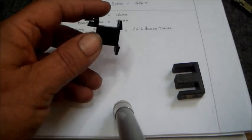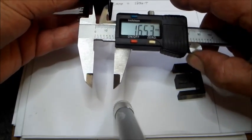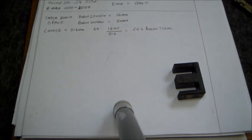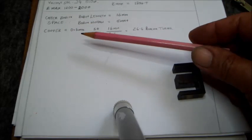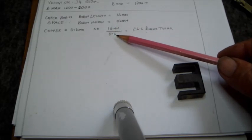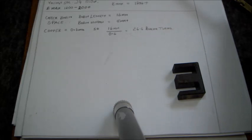Right, so here I'm going to check the bobbin space again, and it was found to be 16.5 or whatever millimeters here, and from this side, yes, it is 16.5. I'm rounding it down to 16 millimeters, and here we have the diameter of the copper wire, which is 0.6 millimeters, and the bobbin space here is 16 millimeters, so it's going to be divided by 0.6. So now we know that we have 26.6 linear turns. So considering the 50 turns we need,